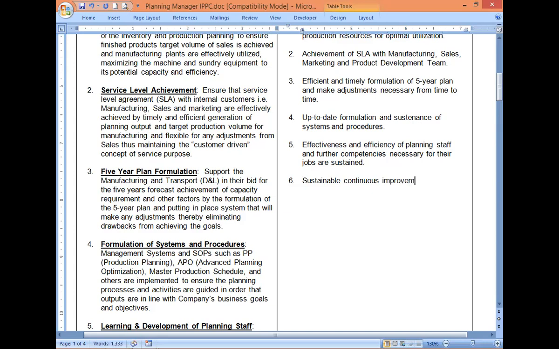You say I'm already perfect and I don't want any improvement, that's wrong. There is always room for improvement, okay? Especially in manufacturing. And effective use of systems